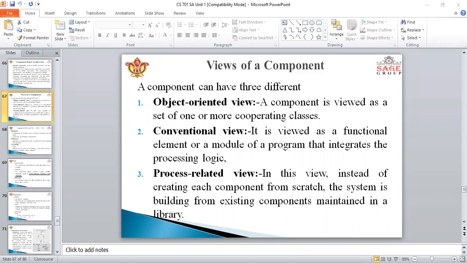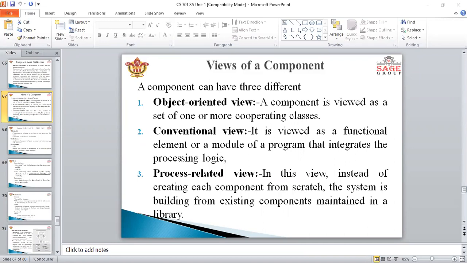The object oriented view is viewed as a set of one or more cooperating classes, and each domain class and interface class is elaborated to identify all attributes and operations that apply to implementation, and it also involves defining the interfaces that enable classes to communicate and collaborate. So this is the object oriented view.